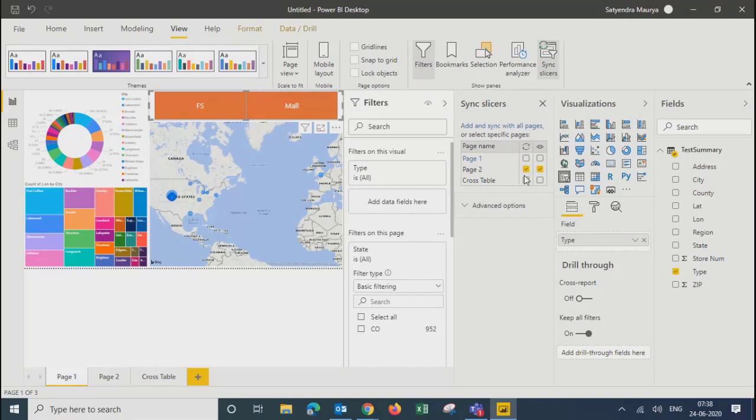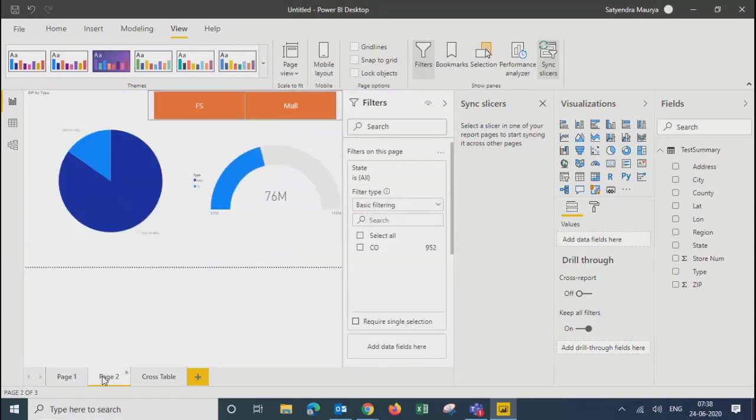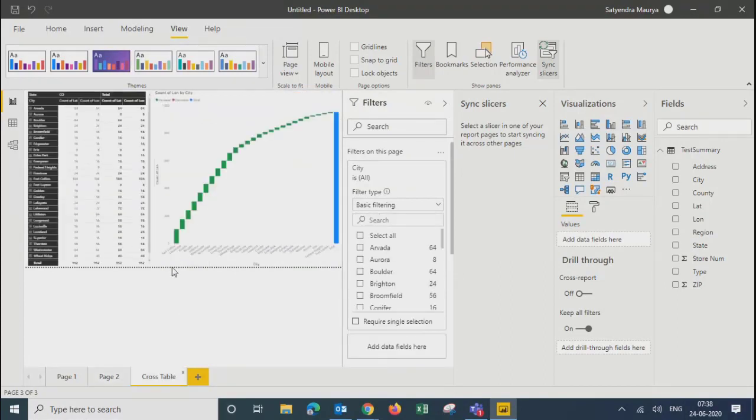So I'll say appear it on page number 2, but work on all 3 pages. That is what I want. So let's see. See, on page 2 also you can see it, and it will work on the cross table page as well, the third page as well.